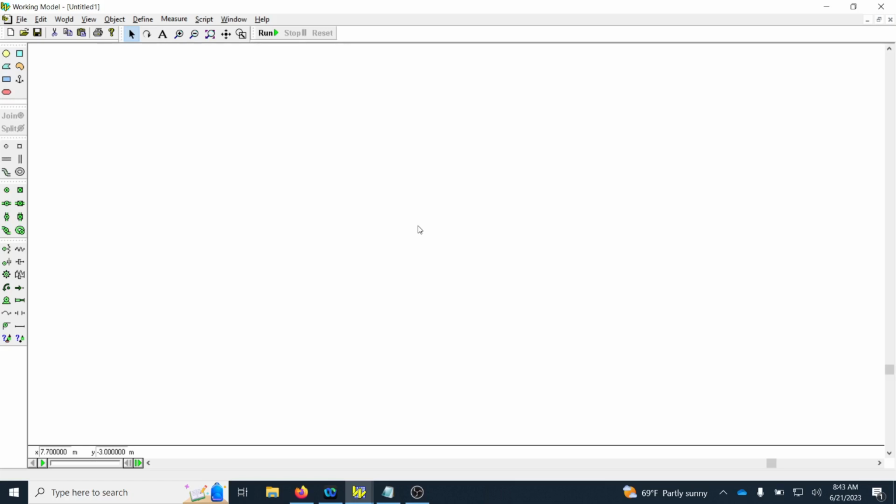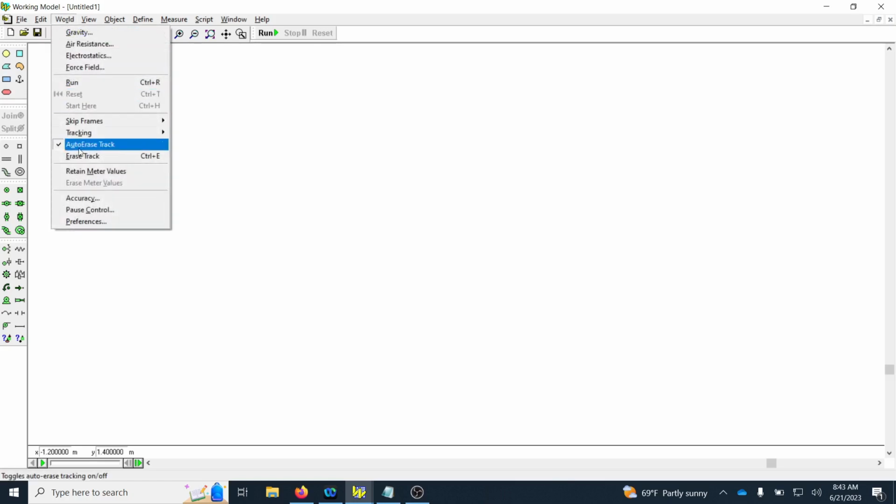I'm going to be modeling a 4-bar kind of like crank slider mechanism, and the slider is going to have a spring and a damper attached to it to close the door when it has been opened by an initial position. So to begin with, I'm going to come to world first, and first thing I want to do is